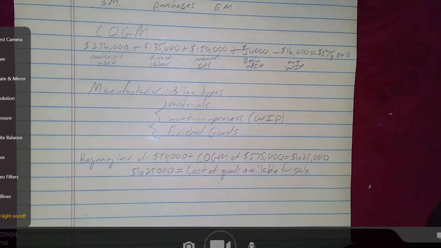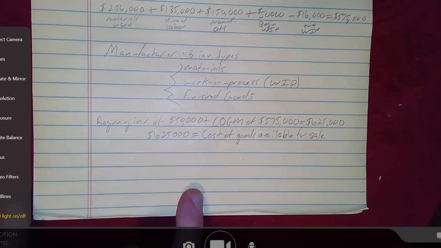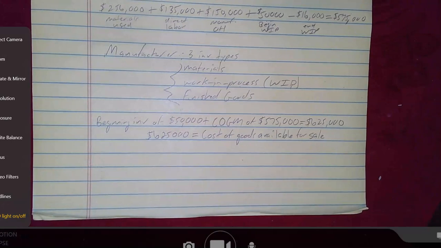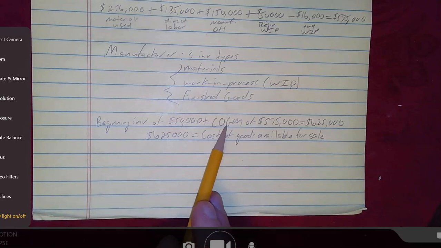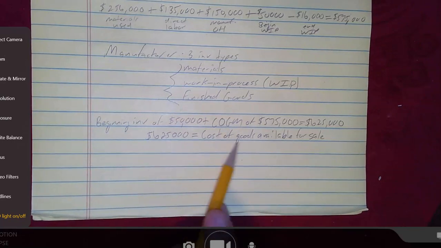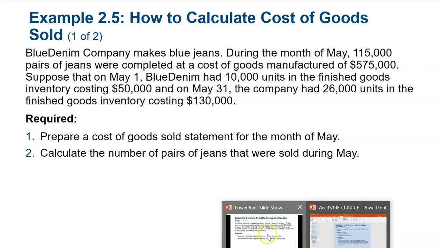And that is terminology that is used more often for a merchandiser, this cost of goods available for sale. But if we can look at that and focus on that and say, okay, beginning inventory plus cost of goods manufactured is going to give us cost of goods available for sale, that might help us a little bit in calculating our